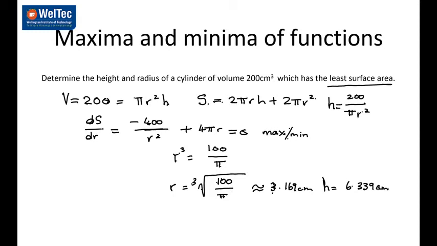Like that, but we don't know for certain that it is the minimum, so we need to find the second derivative. We need to put in r, so we need to differentiate s for a second time, and then put in r, and what we find is that it's positive, so therefore we have a minimum